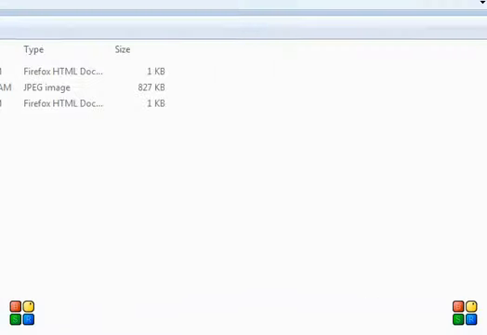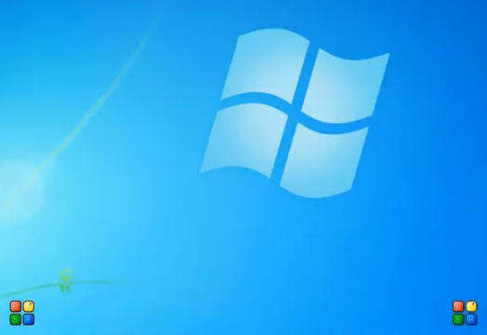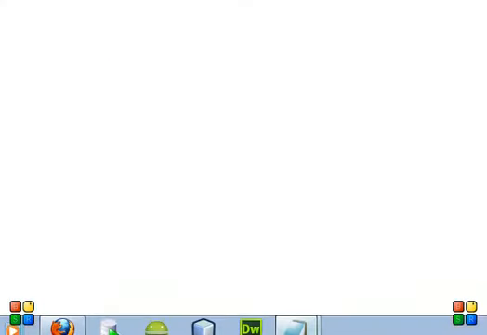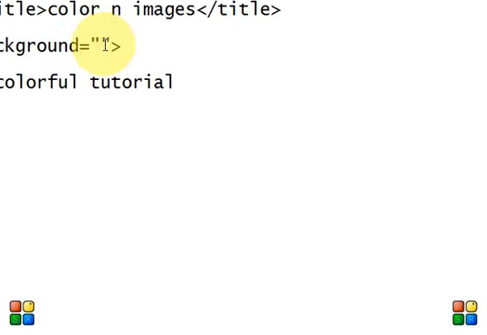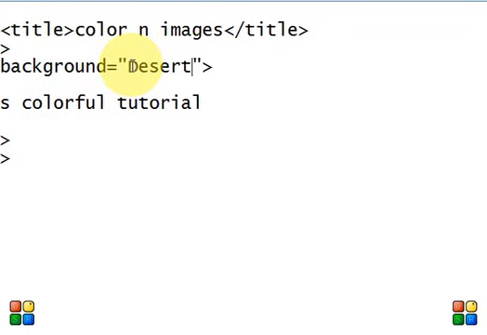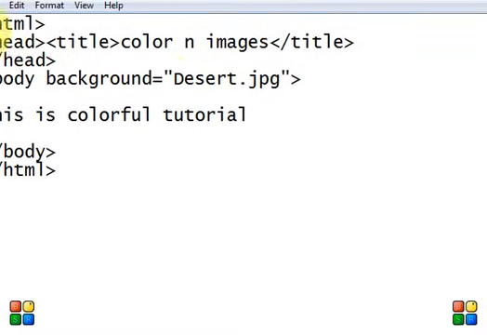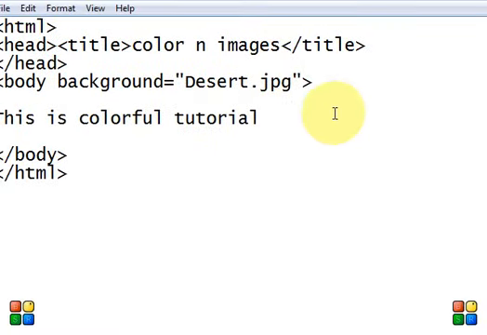If you are saving it in another path, then you have to give the full path within the URL. Whenever the image is in the same folder, you don't have to give the path, you simply give the file name, desert.jpg.